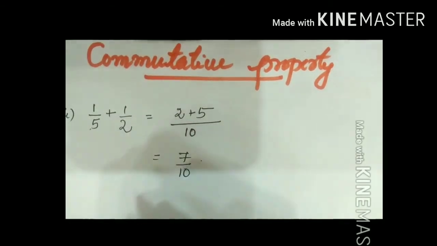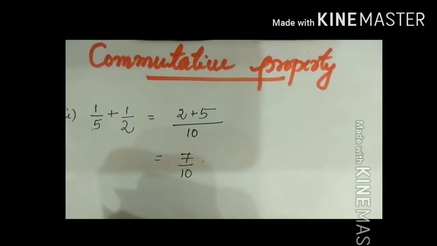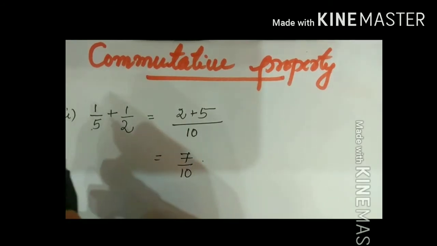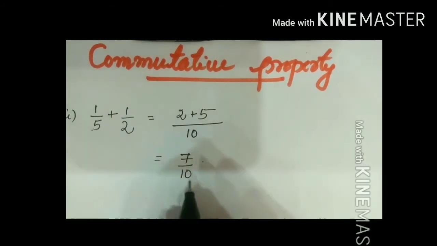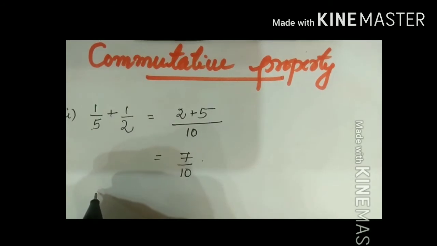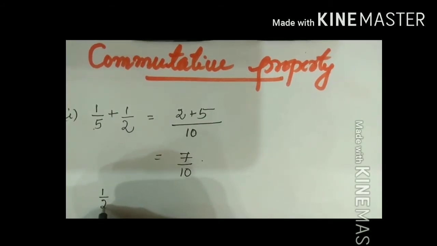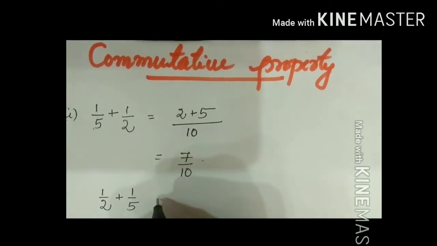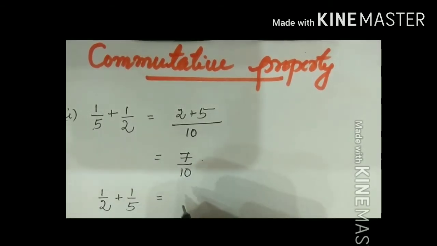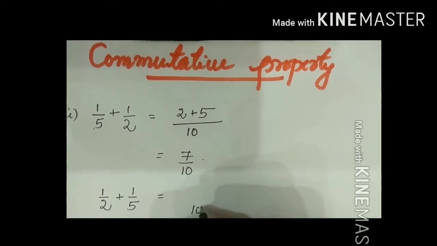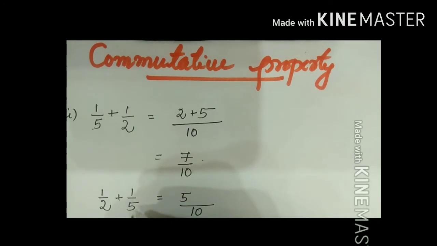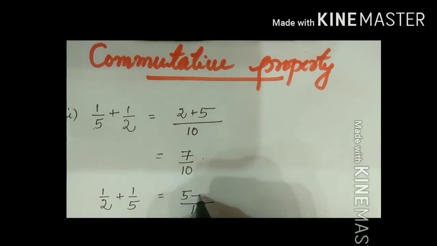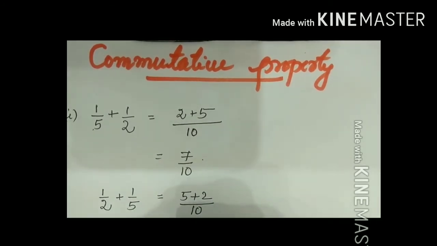Now I'm going to take the rational numbers changing the order. First it was 1 by 5 plus 1 by 2. Now I'm going to change the order, so I'm going to take the sum of 1 by 2 and 1 by 5. Let's see here, what is the LCM? The LCM of the denominators is 10. So 5 2s are 10, then 2 5s are 10, again 2, which is equal to 7 by